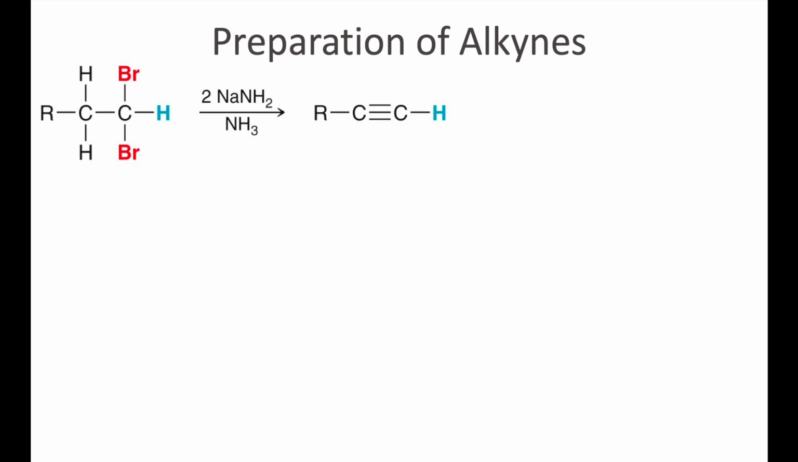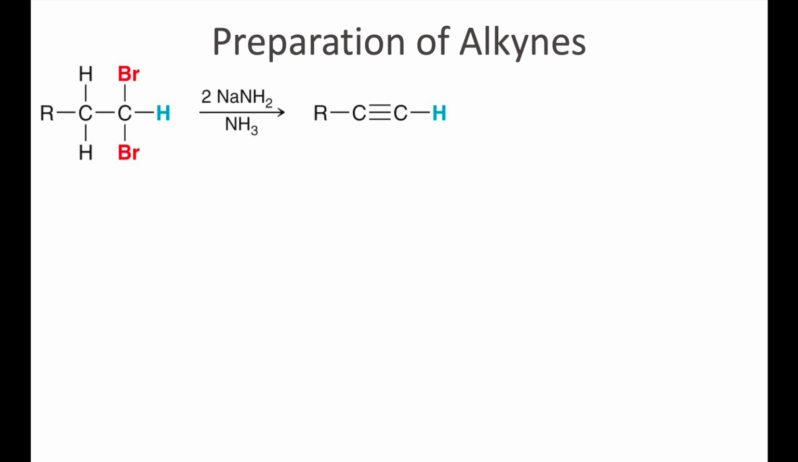So the reagent will be sodium amide dissolved in ammonia. Hydroxide will only work in the first step, but it's not strong enough for the second elimination. So this reaction will only work with amides. And actually there is a second step, because as you obtain your final product, the terminal alkyne, remember that terminal